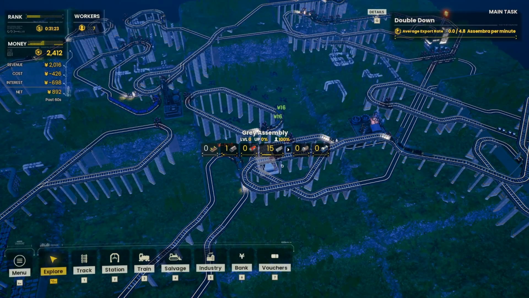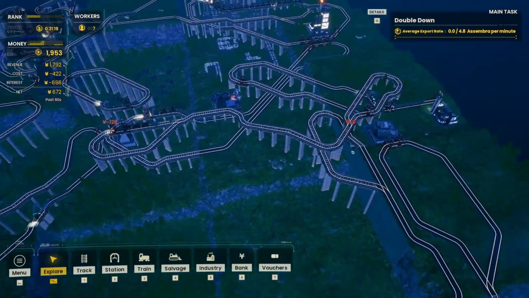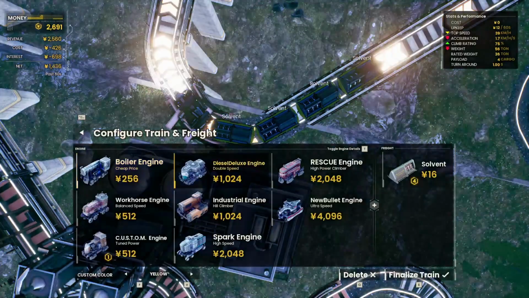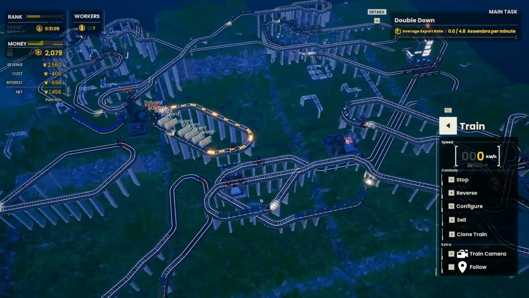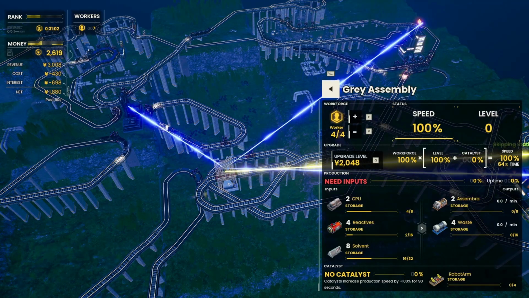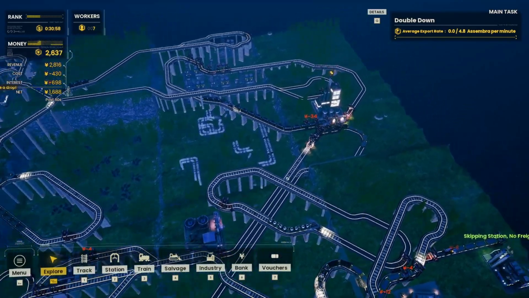What are we doing on CPUs? CPUs are coming in hot. This solvent's not. How are we doing solvent? Solvent's good. Solvent's good. Good stuff. Let's get this guy set up. Oh, for eight. What else do we need? Reactives. Reactives are probably where we're going to be falling a little bit behind, actually. We need neon for the refinery. We also need it for...